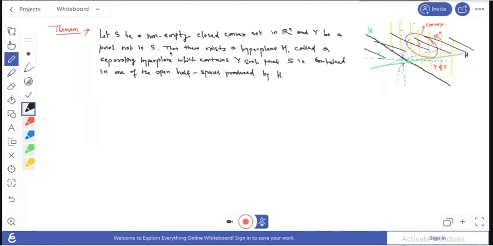This theorem is also named the separating hyperplane theorem. And the proof of this theorem is